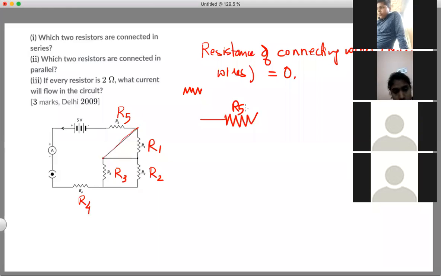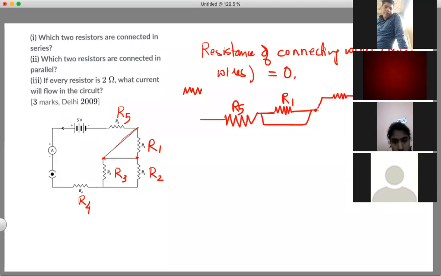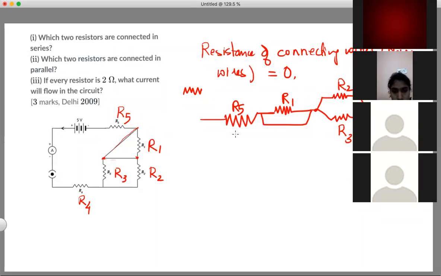It's a connecting wire. ओके समझने की कोशिश कीजिए। तो ये बन गया हमारा R1 और यहां पे बन गया हमारा एक प्लेन वायर, ठीक है? और ये पॉइंट और इस पॉइंट के बीच में भी केवल एक खाली वायर है, तो ये भी कनेक्टेड पॉइंट्स हैं। फिर हमारे बन गए R2 और R3, ठीक है? फिर हमारा है R4 और फिर सर्किट आगे कंप्लीटेड है ऐसे, बैटरी है, उसके बाद एमीटर है, की है।